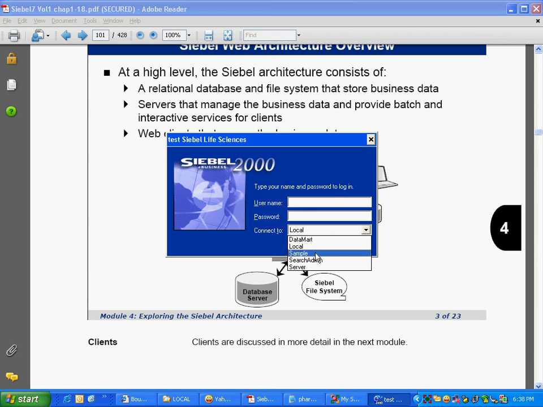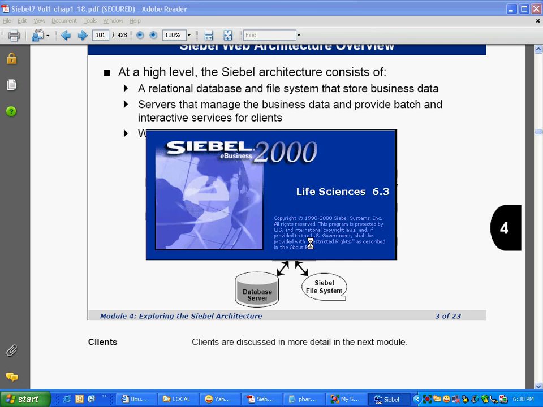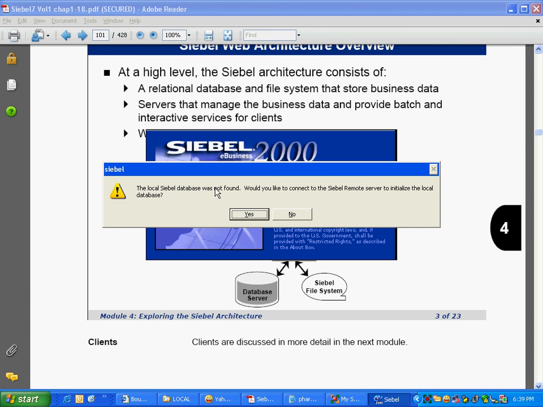If we ask you to choose local, sorry, sample. If you choose local, then see, this is what you will get. You'll get an error message. Okay, the local SQL database was not found. Would you like to connect to the SQL remote server to initialize the local database? Basically, it is asking, would you want me to extract it? So had we been having the complete setup, we could have said yes, and that would have started the extraction